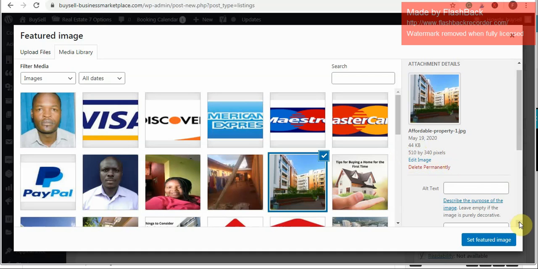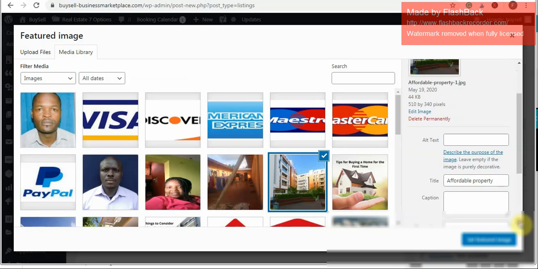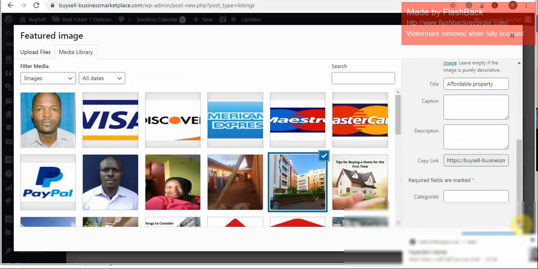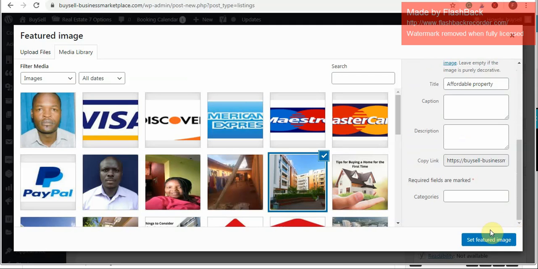So just look for the best quality images. Get a very good person who can give you some good quality shots. And then when you do that, you come down here and set that featured image. Okay,